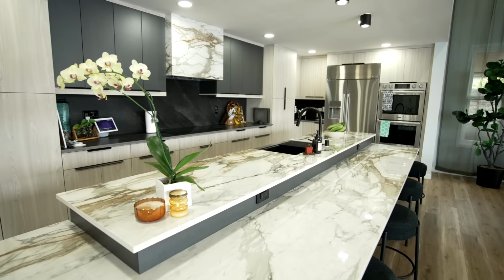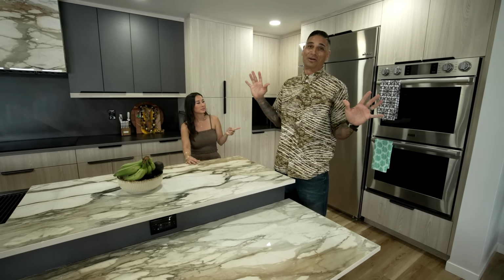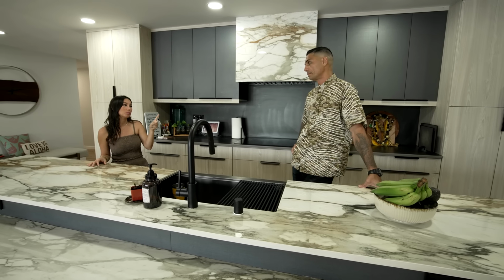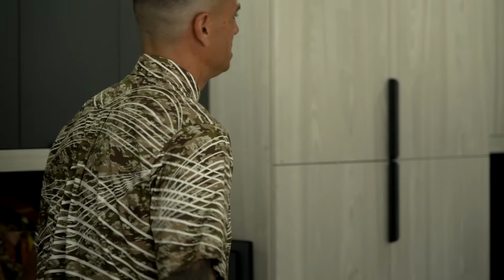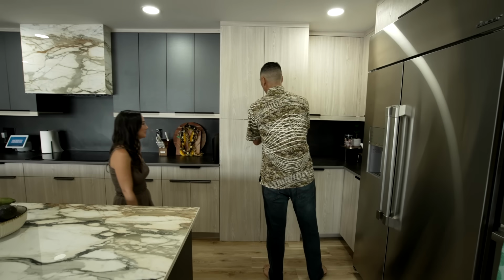And biggest island we've ever done. Oh my gosh, yes. Probably my favorite part of the house. But then what we also did is turned your pantry over there into a surprise. It may look like this is a pantry cabinet, but when you open it up,